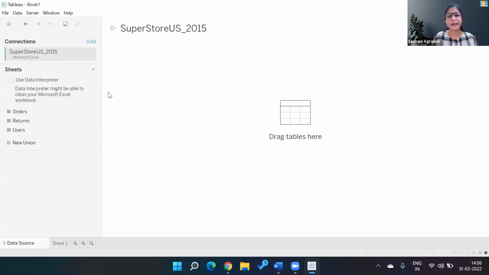If you look at this data set, it's exactly similar to what you have in orders, returns, and users that we had in the previous Superstore data set also. However, this data set is only for USA. The previous data set that we were using was for different countries, right? Different countries, different states were there, but this is only pertaining to USA. So if I drop my orders data over here,